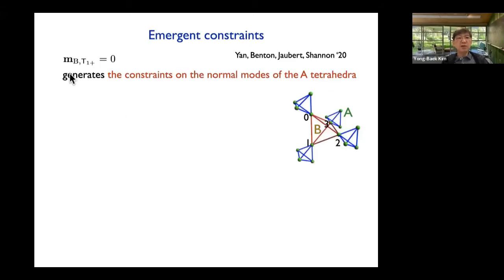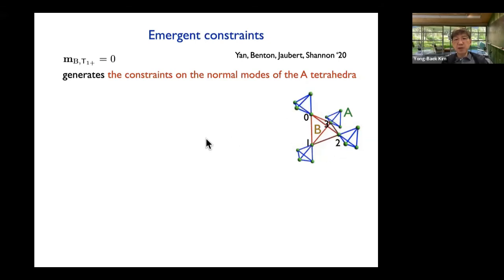So now it turns out imposing this constraint basically generates an interesting constraint on the normal mode behavior on the A tetrahedron. So if you get rid of this mode, the B tetrahedron, for example, because all these spins are basically shared between the A tetrahedron and the B tetrahedron, by the time you impose this constraint, you immediately generate some relation between the normal mode degrees of freedom on these four